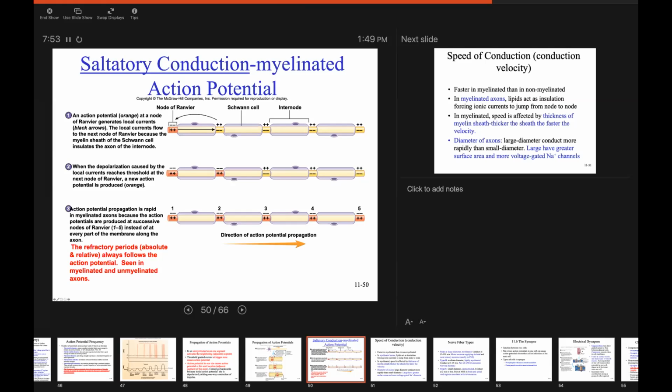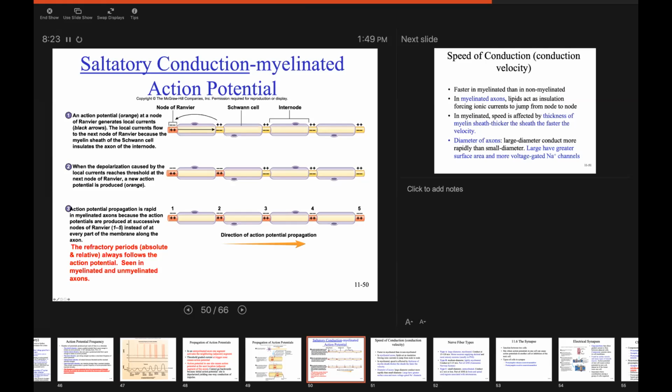So if I'm right here and I depolarize this segment, sodium goes to the front, anterograde, it goes to the back, retrograde. How come you don't have action potentials moving in both directions? Simple. Same thing that we saw with unmyelinated axons. The region that has just depolarized always undergoes the absolute and the relative refractory periods. So as soon as this region depolarizes,